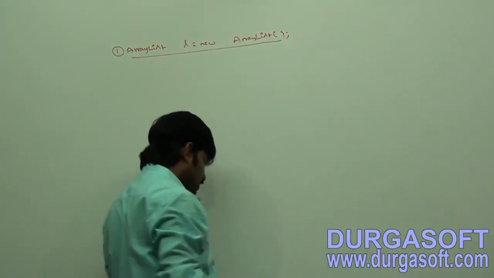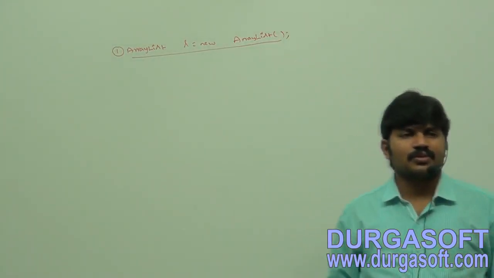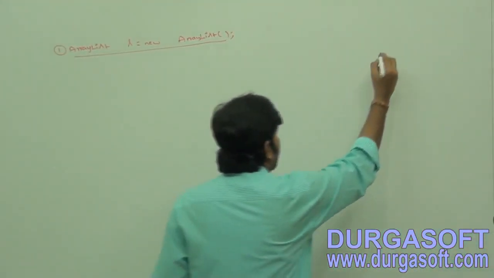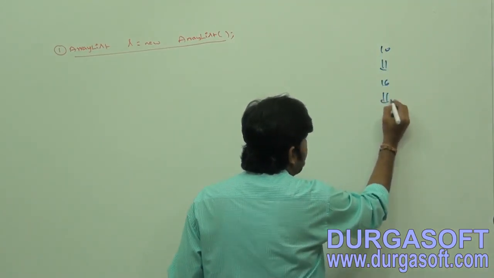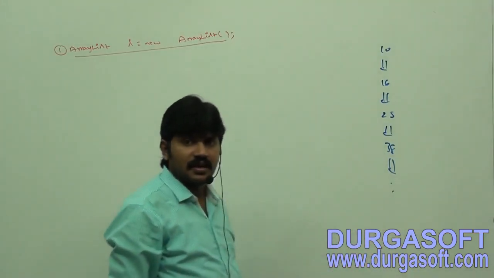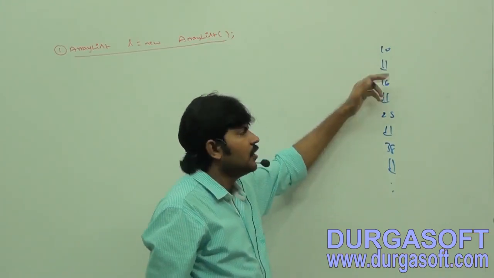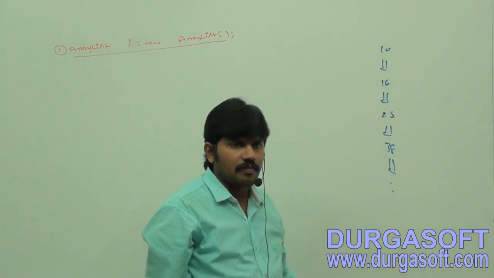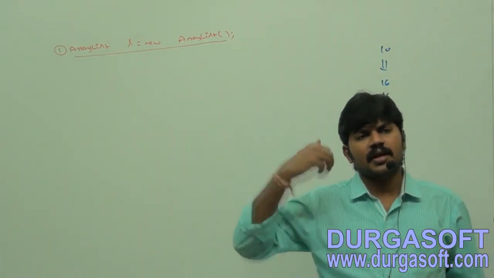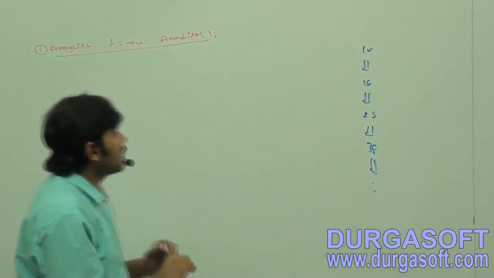Here, the second constructor. Just assume, sir, I know 1000 objects I am going to add to the array list. First create 10, then create 16, then the next one 25, and then 38. Unnecessary. Performance is going to go down or not? Because every time it creates a new object and copies, a big performance problem will come. Why don't you create a big array list object at the beginning only? Yes, boss, possible. What is the constructor here?